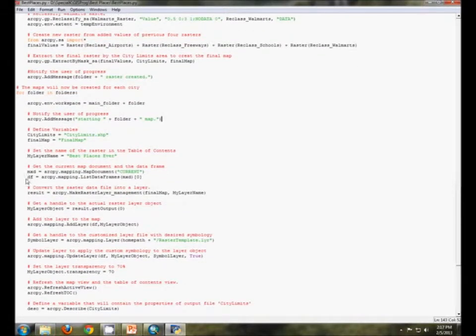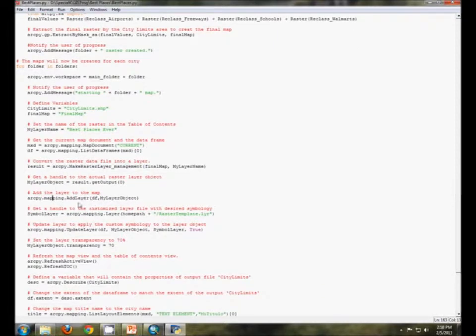Defining some more variables here, our map and our data frames. And we're getting into this code that Dr. Ames showed us here that creates a layer so that we could set that layer's attributes and then export those attributes to our layer of interest. And so we're creating the layer, we're pulling out what we need and adding that layer to the map here,